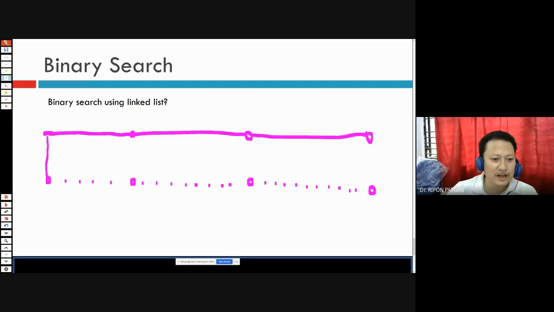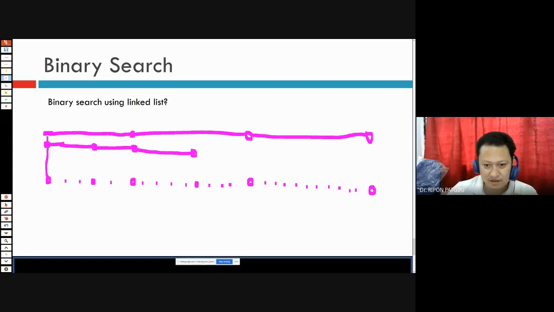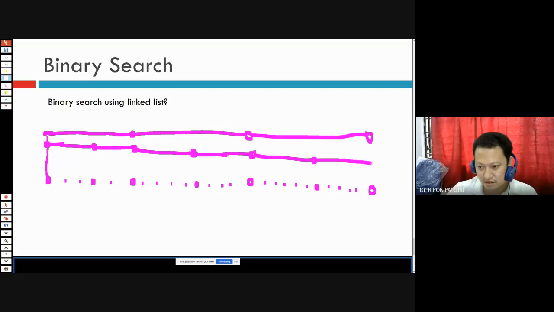Then I have another train, the Northeast Express. Say for example this is another important junction, so I'll put it here.